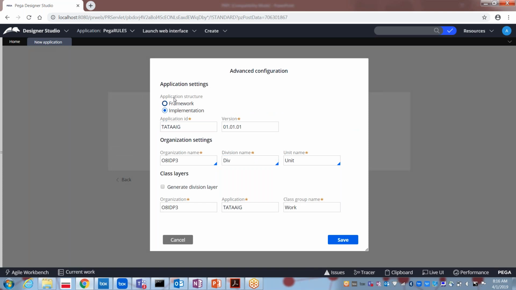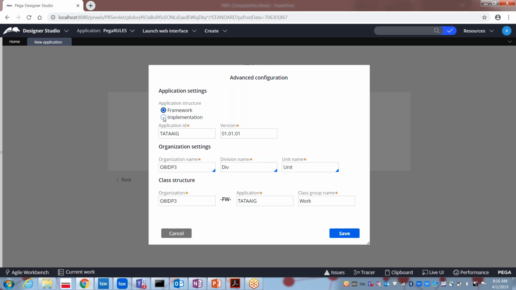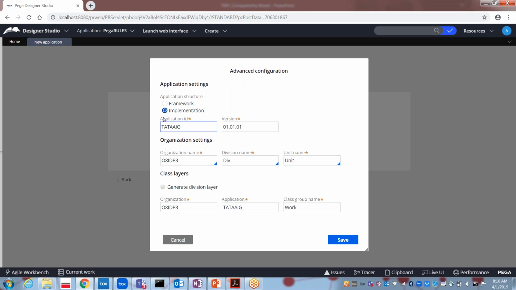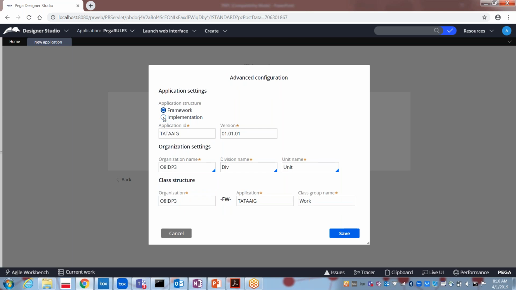Application structure. The application structure can be either framework or implementation. So what do you mean by framework, and what do you mean by implementation? Framework, I already told you, is some reusable piece of code, some reusable functionality which can be used by other applications.